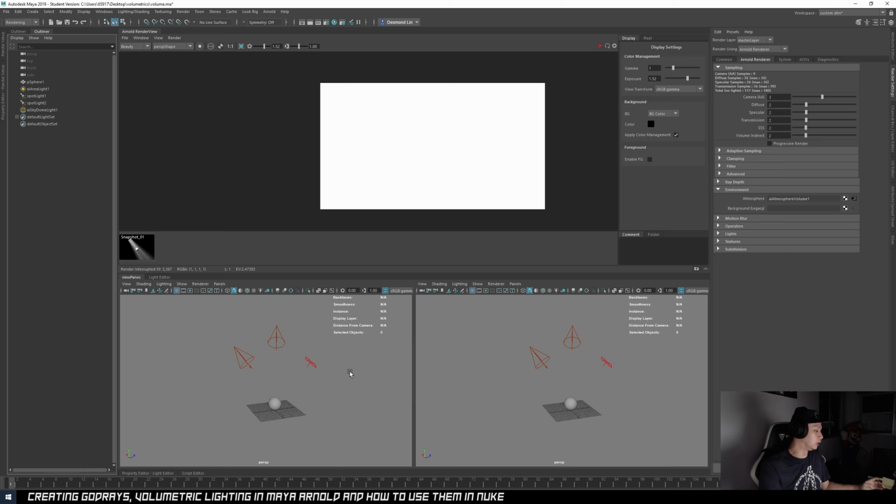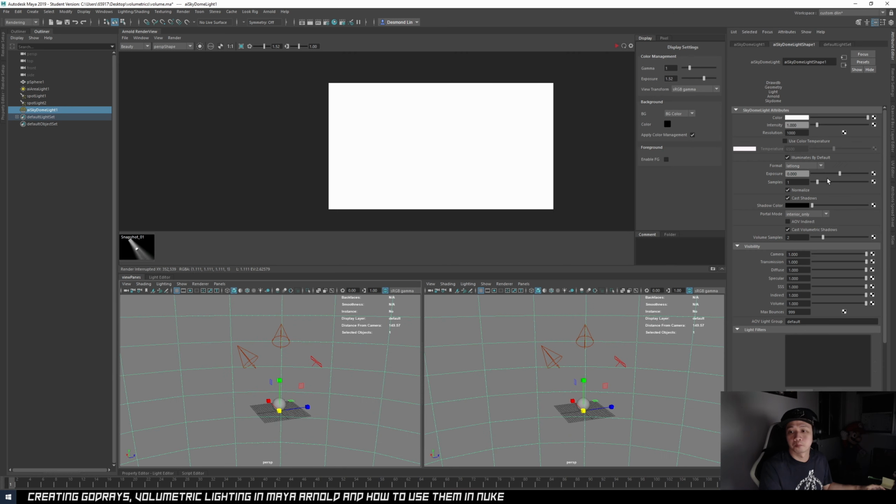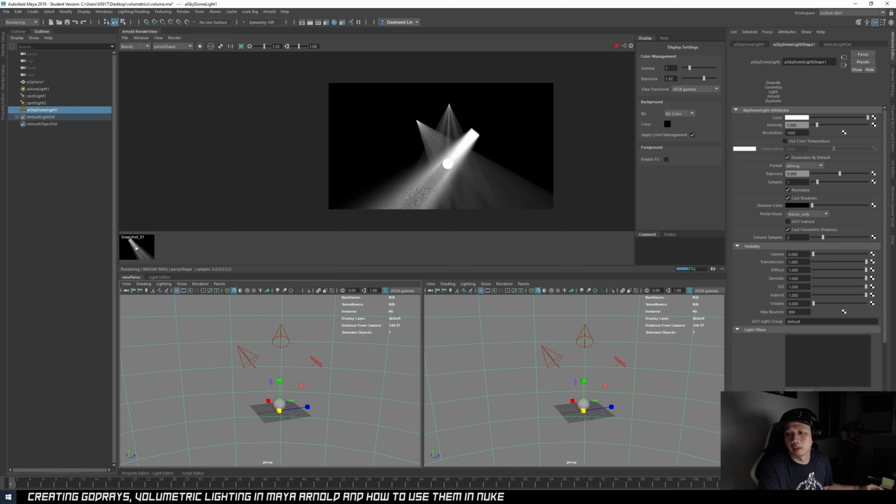For example, in this case, my environment light, I don't want it to be contributing to the volume. What I can do is I will select the environment light, go into attribute editor, go down to visibility, and there's this volume, just turn it off. Now if I were to render, let me just turn off the camera visibility as well, because I don't want to render the light itself, and the volume is to make sure that it does not contribute to the volume.